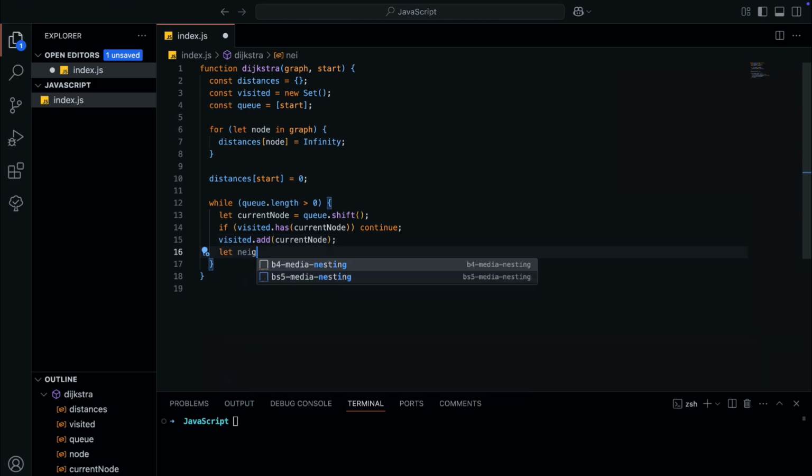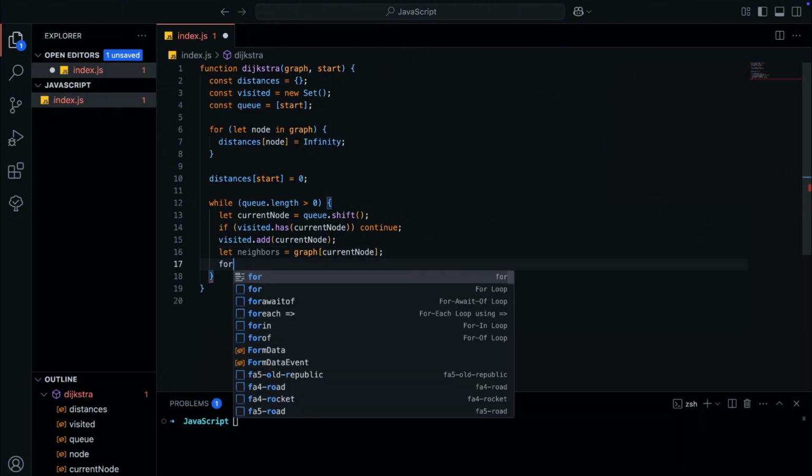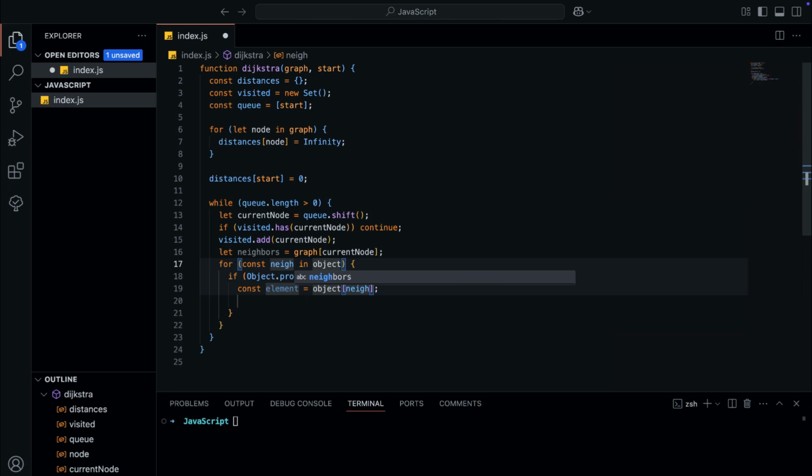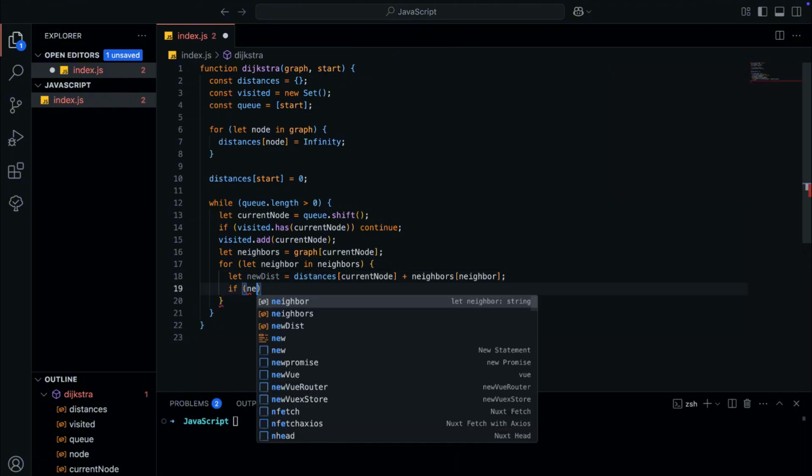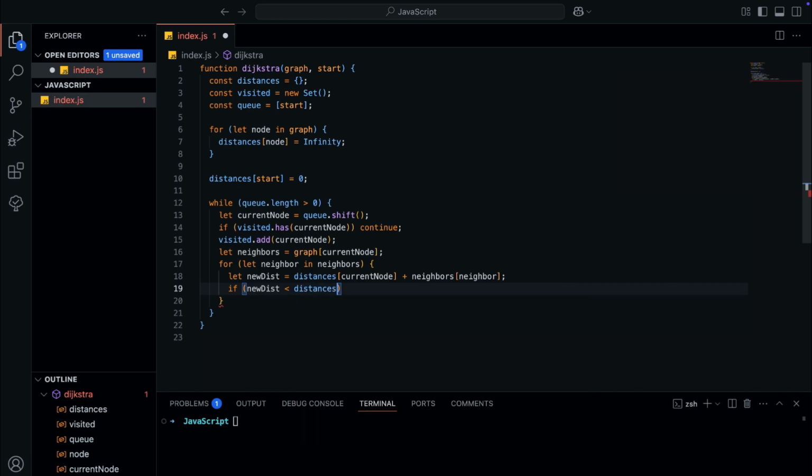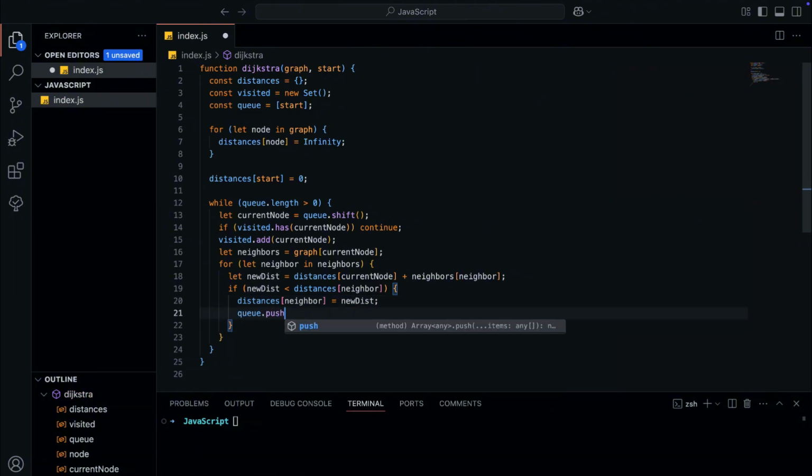Once we have the current node, we can look at its neighbors and calculate the shortest path to them. For each neighboring node, we calculate the new possible distance by adding the weight of the edge from the current node to the neighbor to the current node's distance. If this new calculated distance is shorter than the previously recorded distance for that neighbor, we update the neighbor's distance to this new shorter value. After updating the distance, we add the neighbor to the queue, which means we will process it in a future